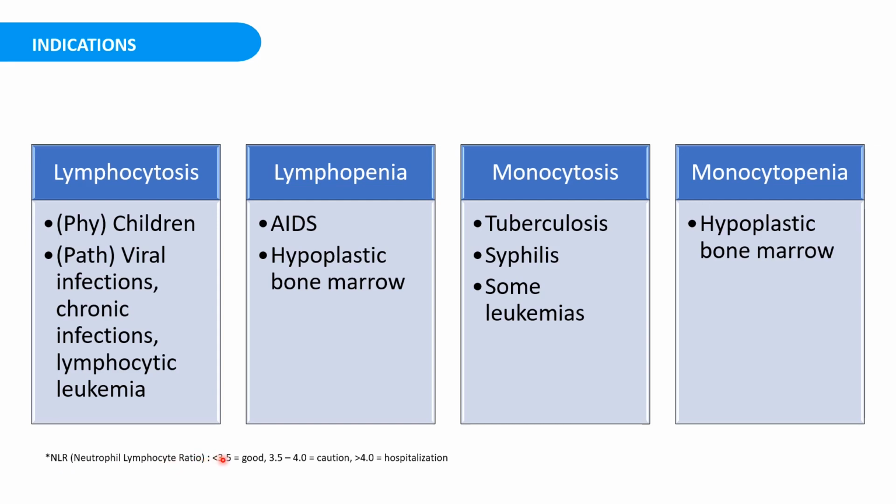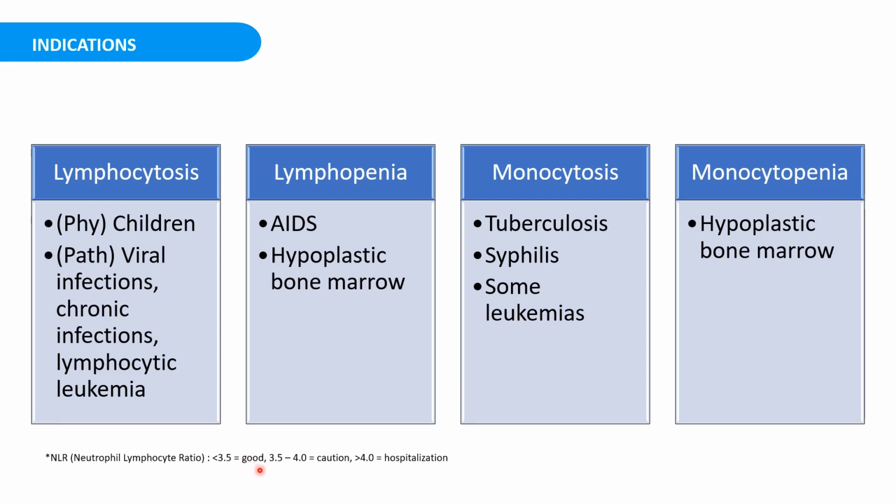If the ratio is less than 3.5, it is good. If the person is suffering from coronavirus, the RT-PCR test is done and the patient is RT-PCR positive. Now you want to find out whether the person has mild, moderate or severe infection. In that case, the NLR ratio is very important. If the NLR ratio is less than 3.5, the person is in good condition,